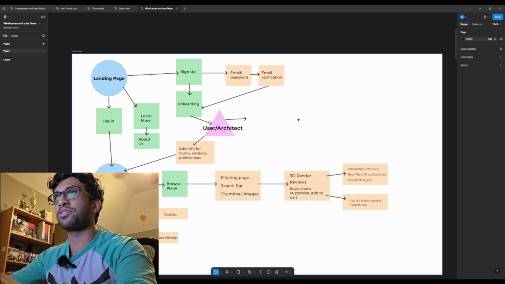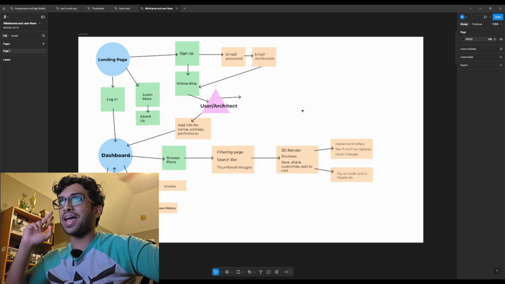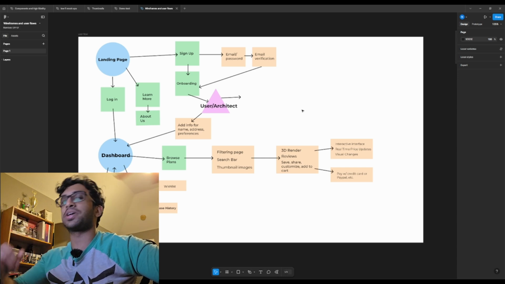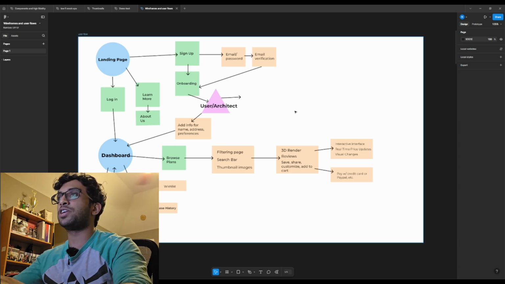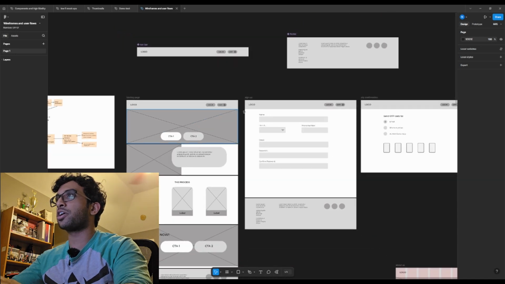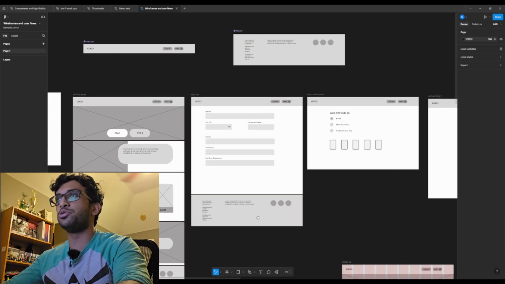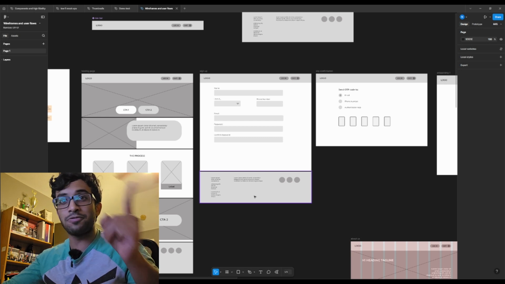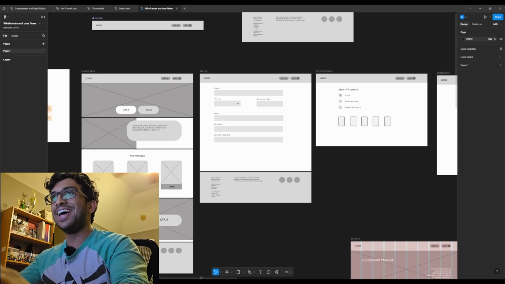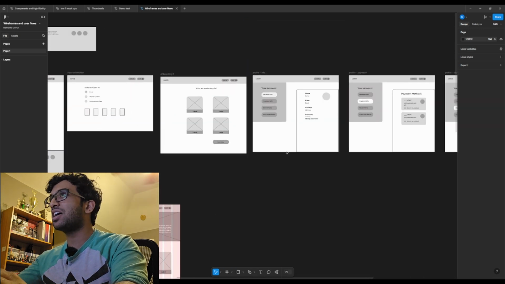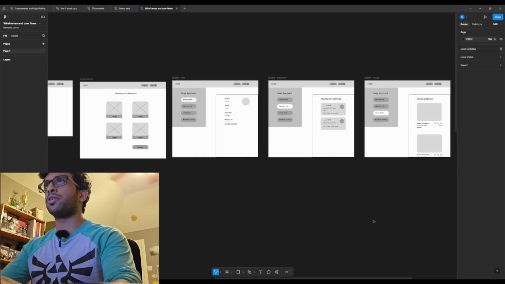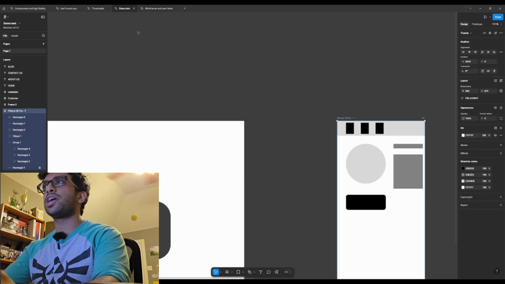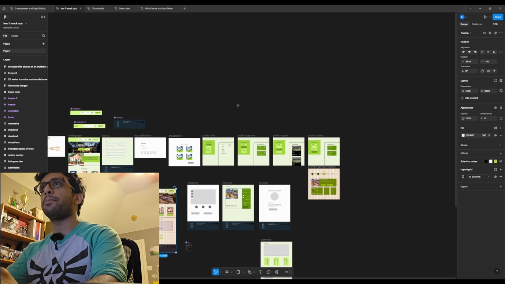This is not the most professional thing ever, but there's a lot of good sitemap and user flow templates that you can get, which can give you a really good head start in your projects and give you an idea of where all your pages are going to go, what your user is going to potentially do based on the research that you hopefully should have done. And you can get started on making very simple yet effective wireframes like this, and like how I showed you before as well. All right, so moving on now,